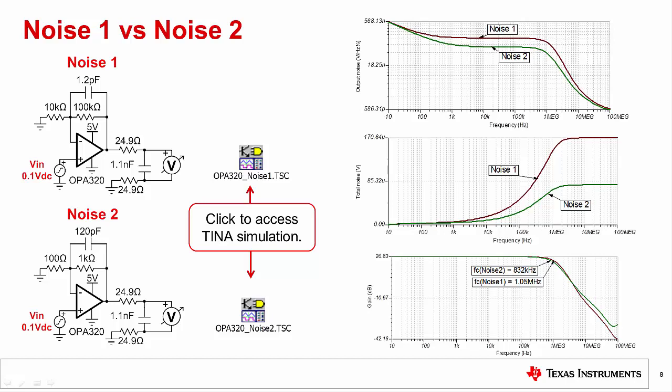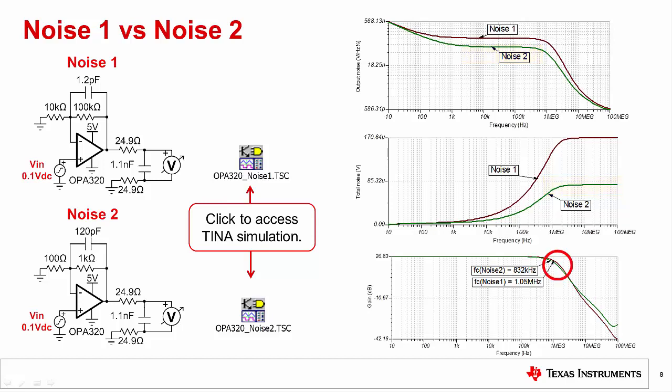Note that you can compare two curves in TinaSpice by first selecting and copying the curve. Just click to select the curve and press Ctrl-C to copy. Next, switch to another tab and paste the curve for comparison. Just press Ctrl-V to paste. By looking at the curves, you can see that the noise density and total integrated noise is much lower for the noise 2 circuit.